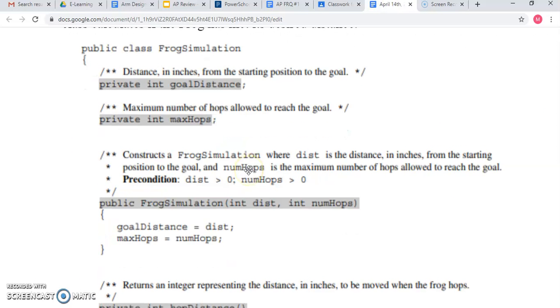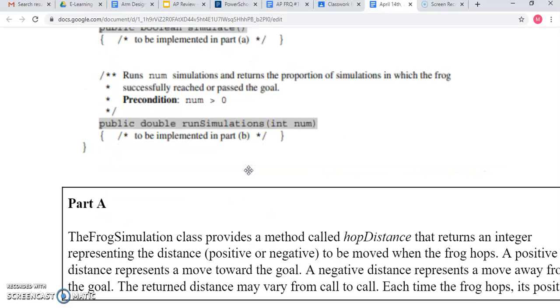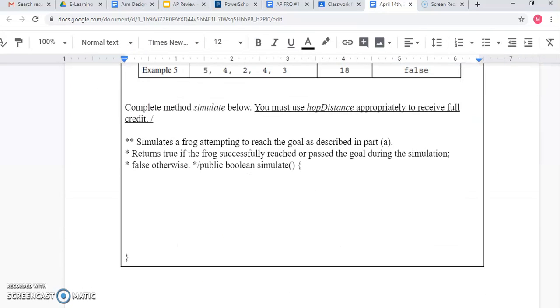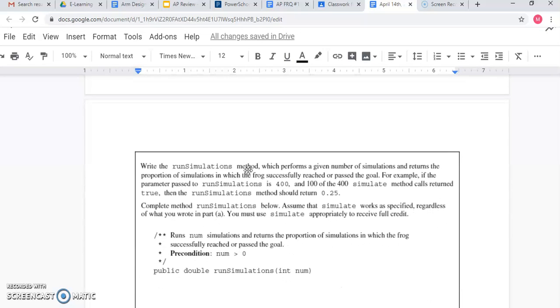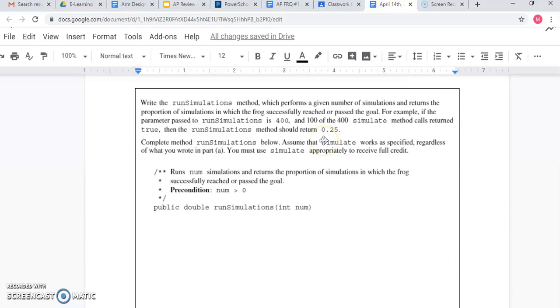Next, we have the second part of our problem, which is part B. Okay, write the run simulations method, which performs a given number of simulations and returns the proportion of simulations the frog successfully reached the goal. For example, if the parameter passed to run simulations, this parameter num right here, is 400, and 100 of the 400 calls return true, then the run simulations method should return 0.25. So what we want to do